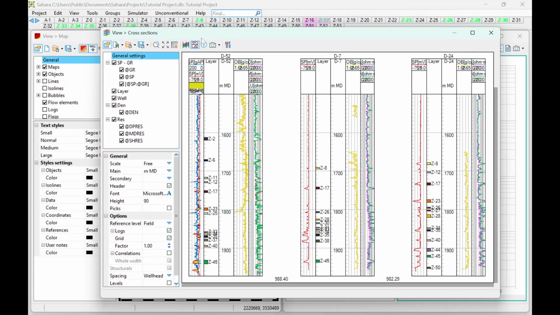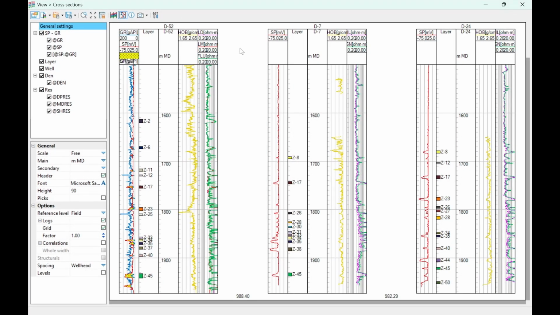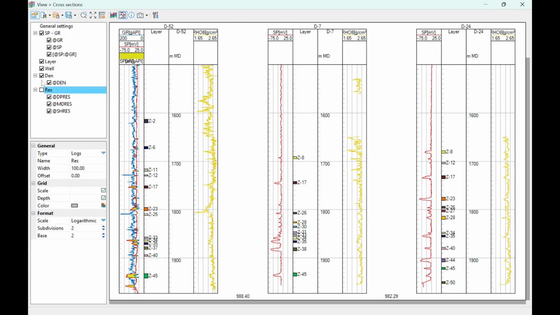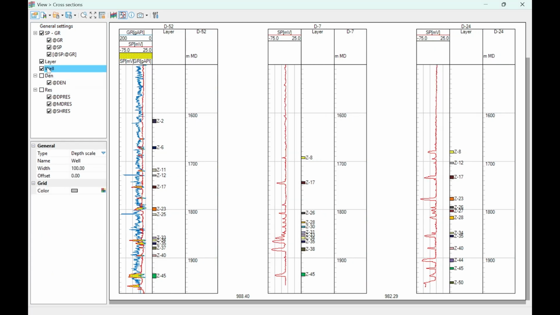Now our cross section has been defined, along with the wells that are part of it. Now we see that we have this window with more information selected. Here, as you can see, we can check the different logs that we created in the previous exercise when we were working with the log windows. But we have too much information here. The information is not clearly visible, so for now we will use the minimum that we need for the cross section. In this case, we will hide resistivity and density, and we will add